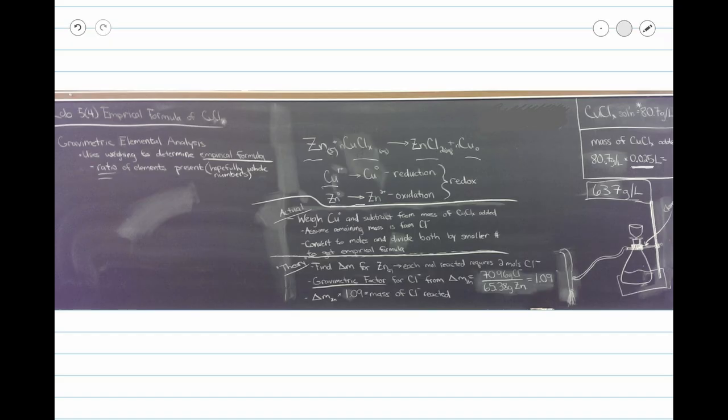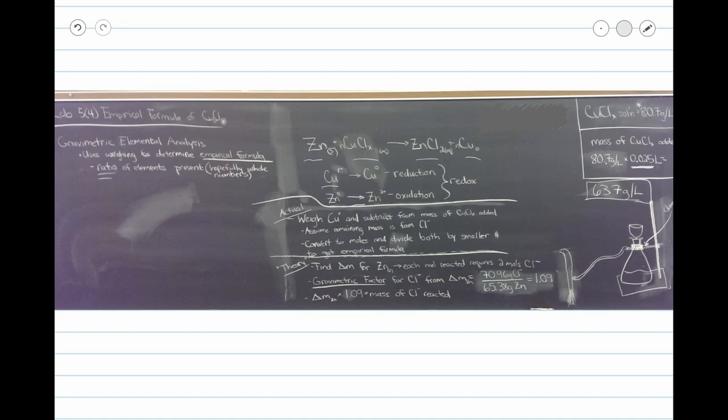Welcome to the empirical formula of copper chloride. Today's lab, we're going to be using gravimetric elemental analysis to determine the empirical formula of copper chloride. Gravimetric elemental analysis is used for the quantitative determination of an analyte, in this case copper chloride, based on its